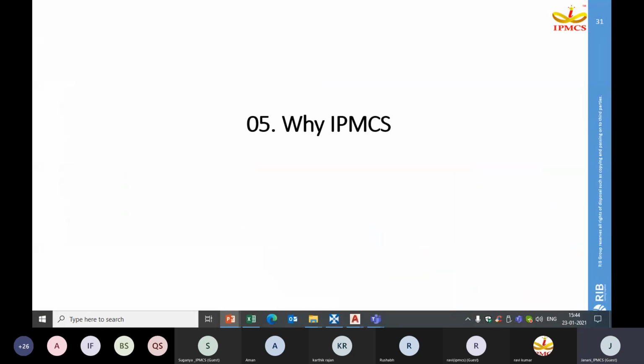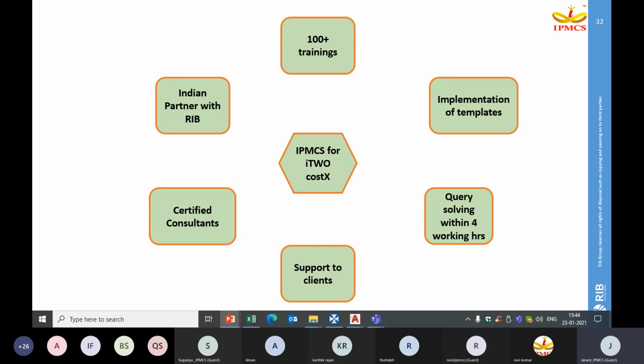So the final point of our agenda: why IPMCS for Costex. IPMCS is the Indian partner with RIB for i2 Costex, where we are working closely with the development and technical team to bring a seamless solution for Indian market requirements. We have certified consultants for implementation and training programs.